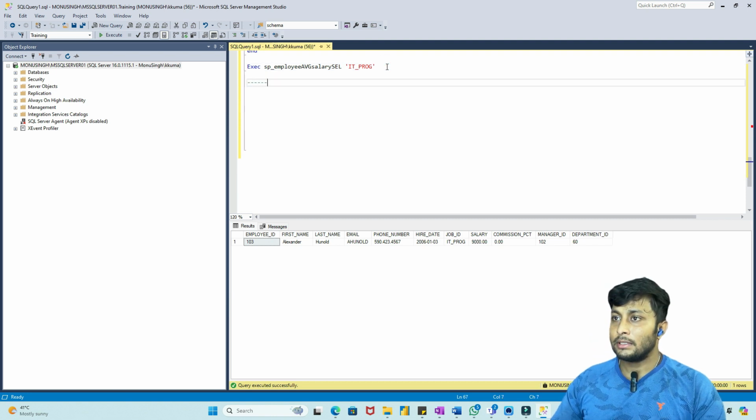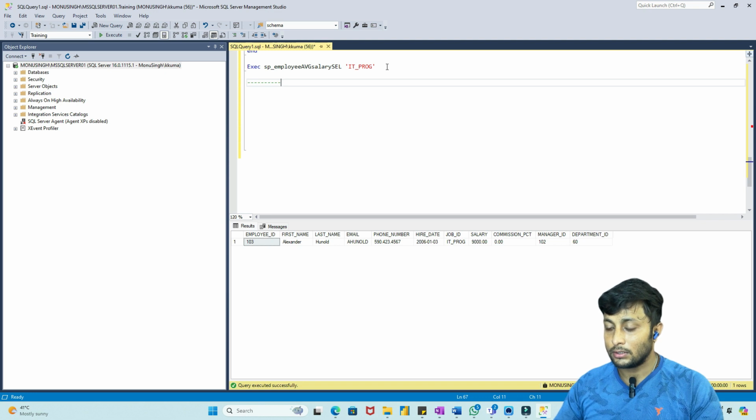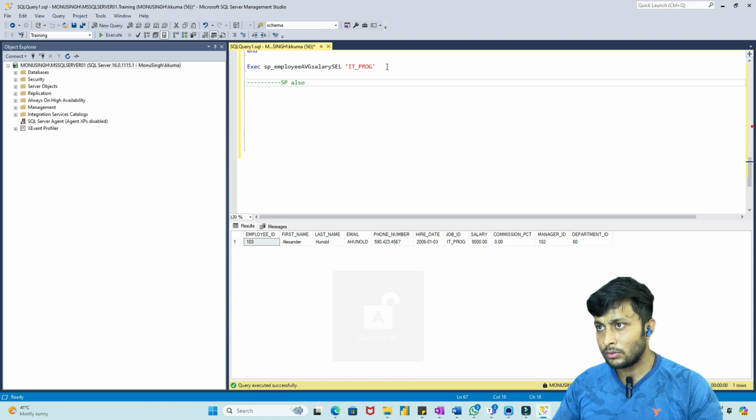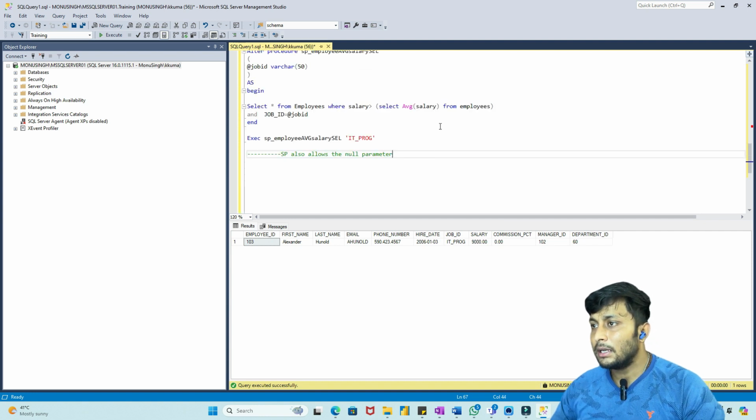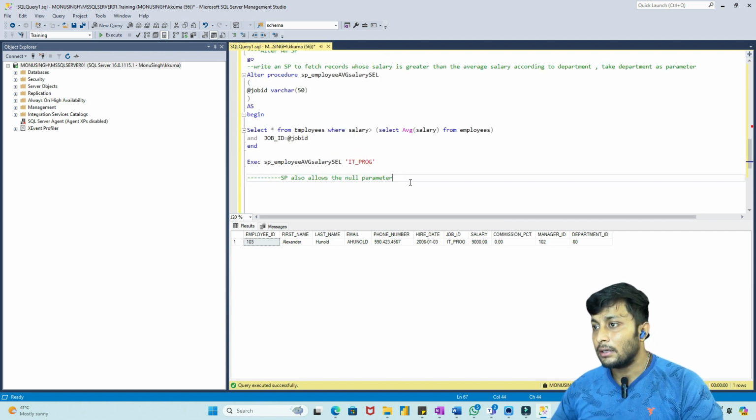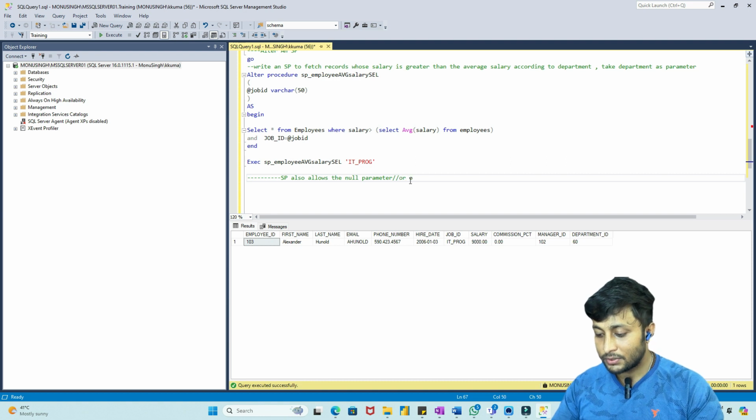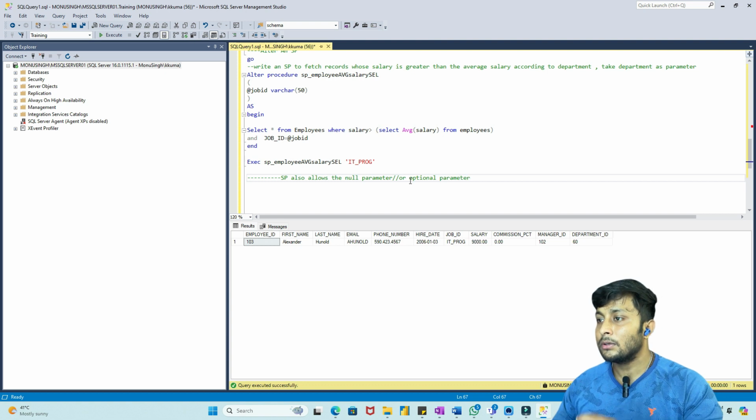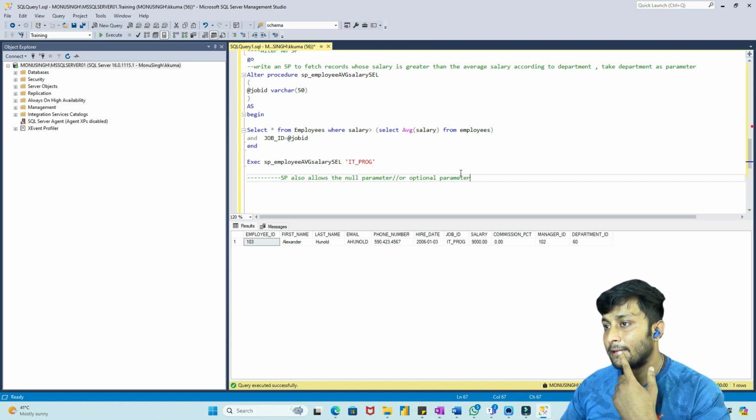Okay. Now there is a very good functionality. Stored procedures also allow null parameters. What do null parameters mean? Okay, let's try to check that. So basically a null parameter is an optional parameter. Okay, so let's suppose